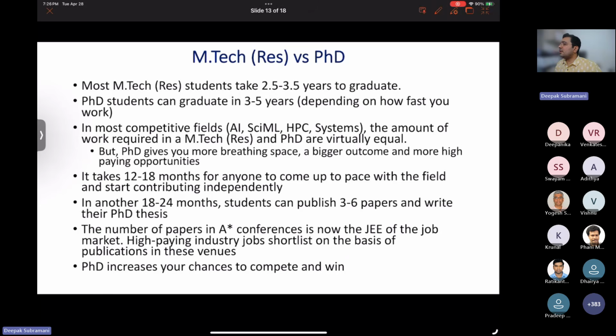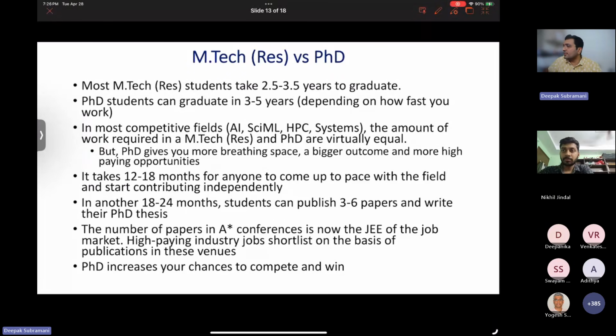I have an MTech degree in CSE. If I select one of those labs accepting all backgrounds, will I be selected? Yes, the question is, if you have CSE, will you be selected by labs that are accepting all backgrounds? Definitely. All backgrounds include computer science and engineering also. Thank you to the professors for explaining.